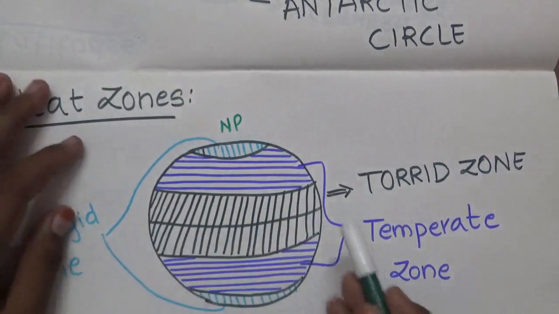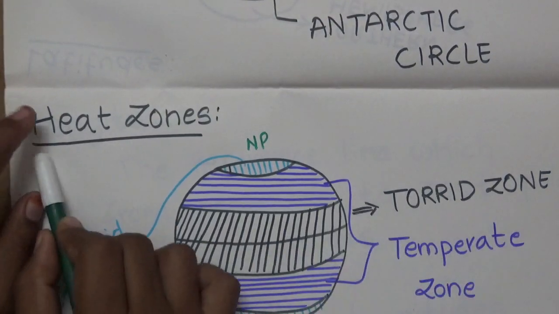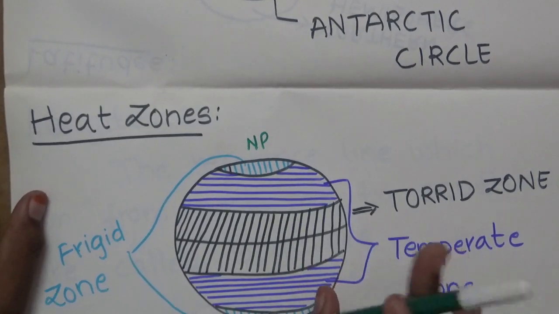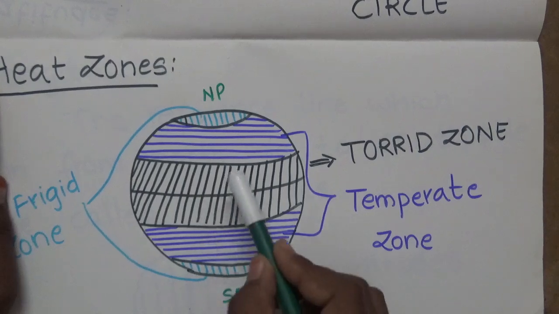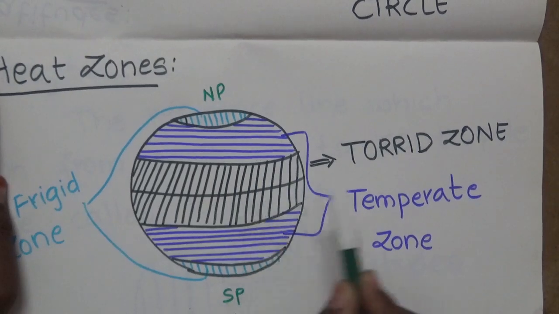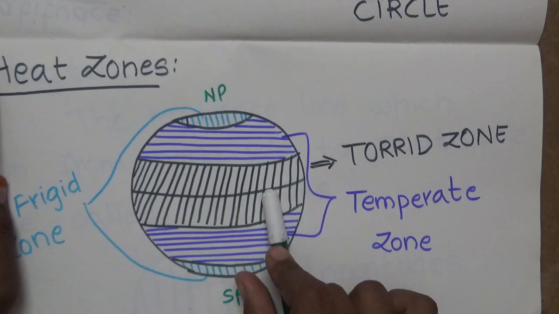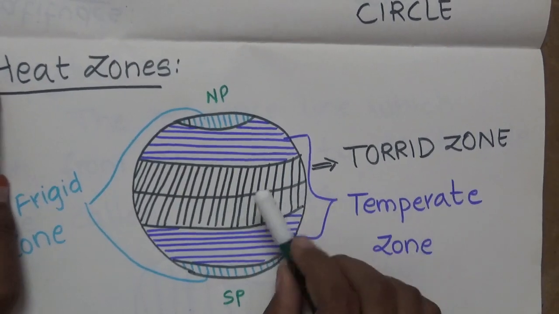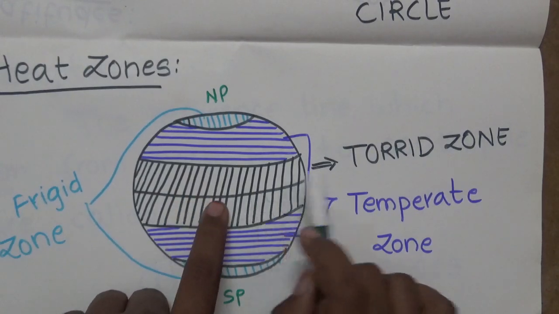And next, these are heat zones. Heat zones are generally the places which are differentiated in terms of heat. That is a heat zone, as simple as that. The region between the Tropic of Capricorn and the Tropic of Cancer is called the torrid zone. Why torrid zone? Because it has the maximum heat and maximum rainfall. Let's not talk about rainfall now, we'll talk about it in the topic of forests. As this region receives maximum heat, it is called the torrid zone.